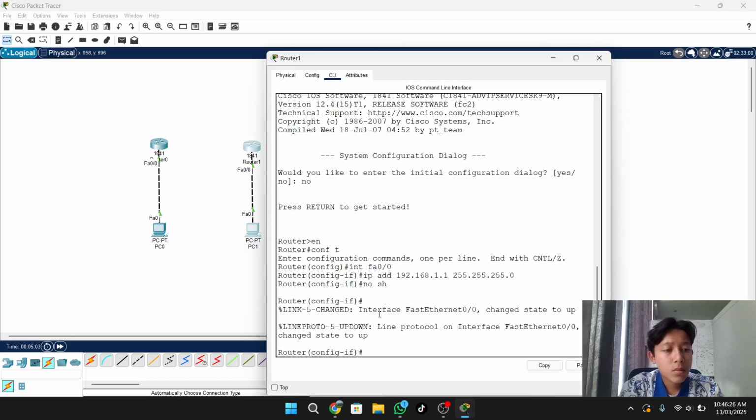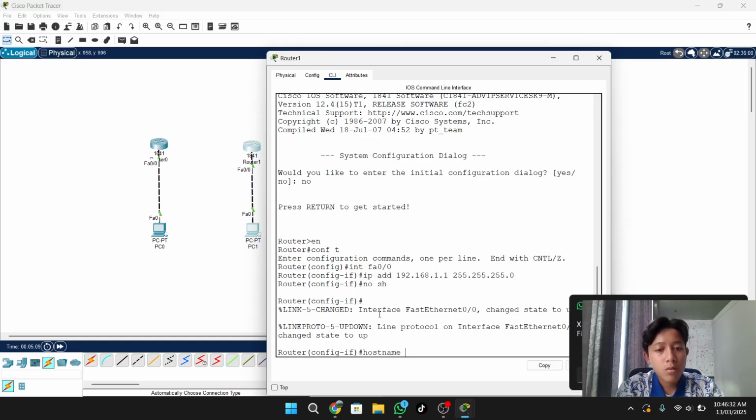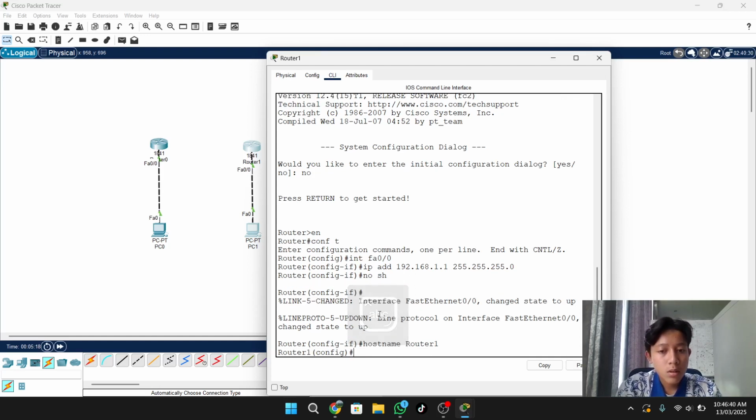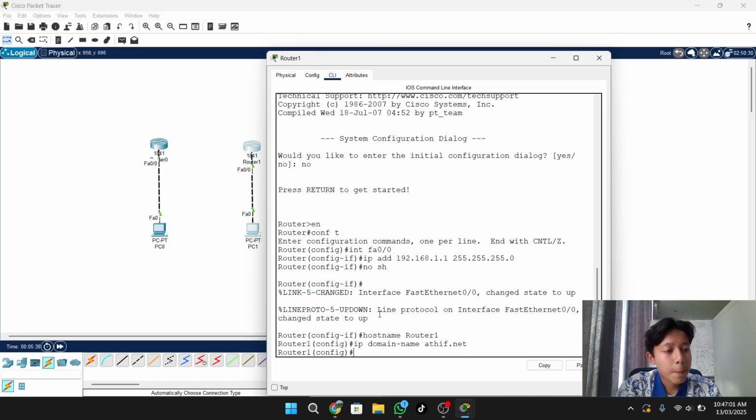And after that you can configure the hostname for the router, for example Router1, and you can set the IP domain name. You type ip domain-name, and it's up to you. For now I use the example active.net, and you can make the crypto key.